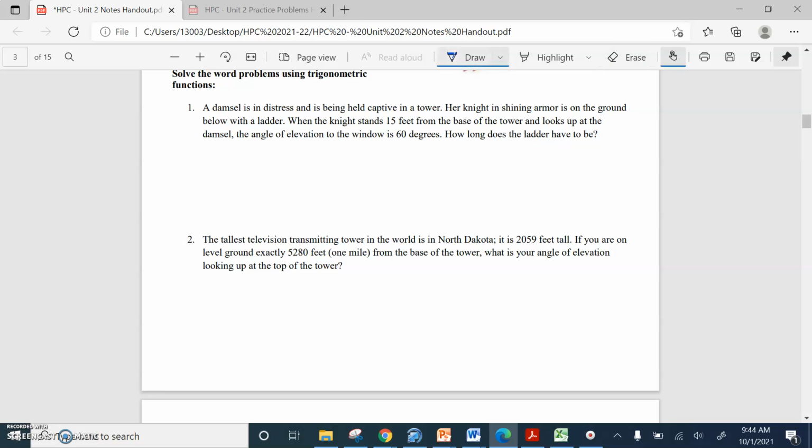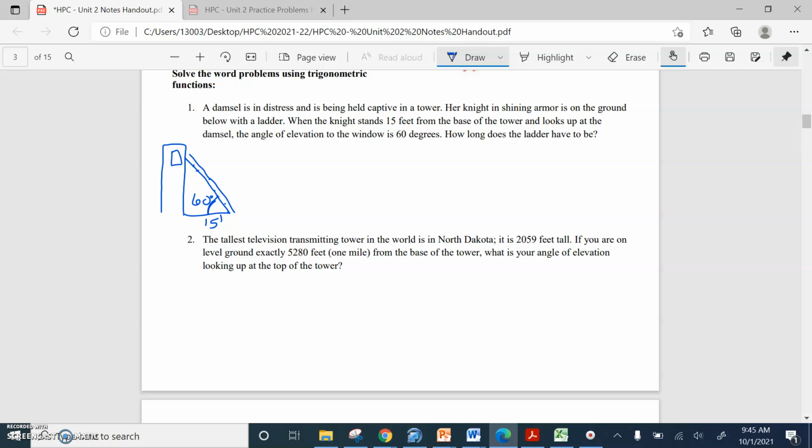So with that said, we draw this tower that the damsel in distress is in. Window. And it says that the knight in shining armor is on the ground with a ladder 15 feet from the base. So here's the ladder right here, like that. Perfect. Okay. So we're going to identify this distance as 15 feet. And we know that when you look up at the tower, the angle of elevation, so that's going to be this angle right here, is 60